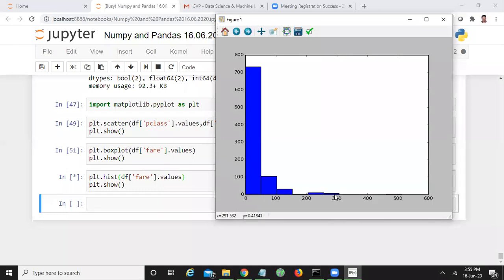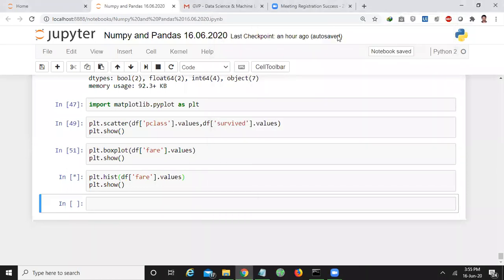See, here we have very few whose ticket fare is 300 rupees. And here we have some more for the passengers who purchased the tickets in the range of 200 to 250. Similarly, 100 to 150 is some more, and 50 to 100 some more, but more people purchased with low fare. That means here I can understand the third class people are more in the ship. Like that, you can study the data. Is it clear?